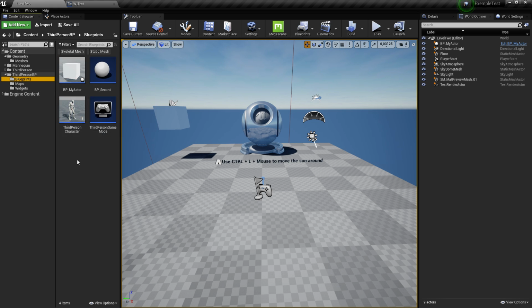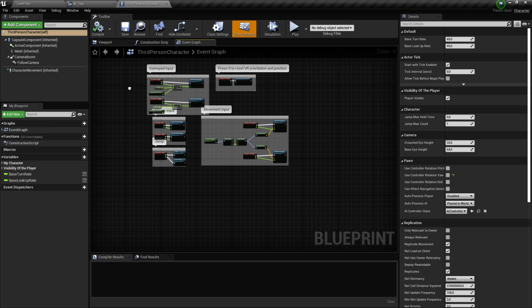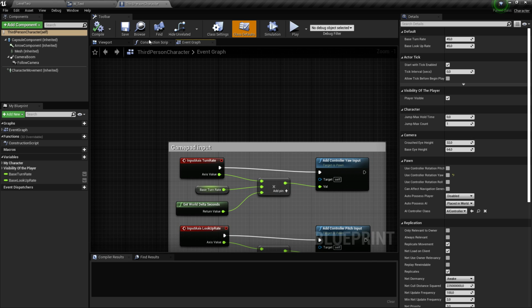If I go to my blueprints, to my character, I can add this widget whenever I want.